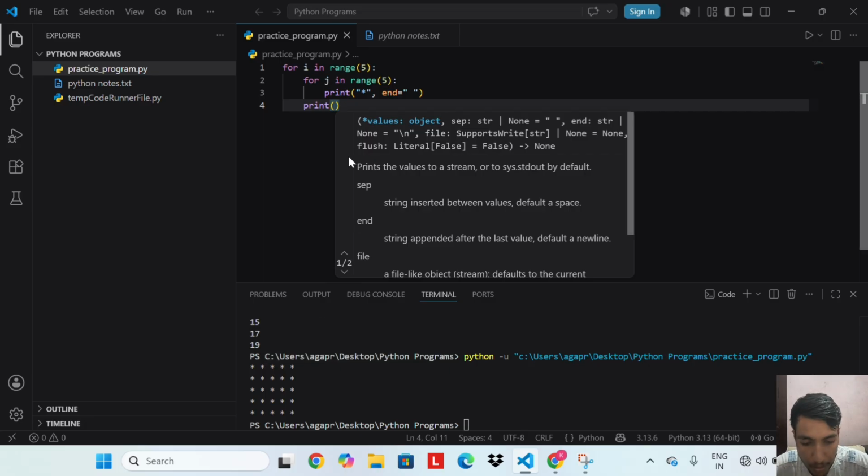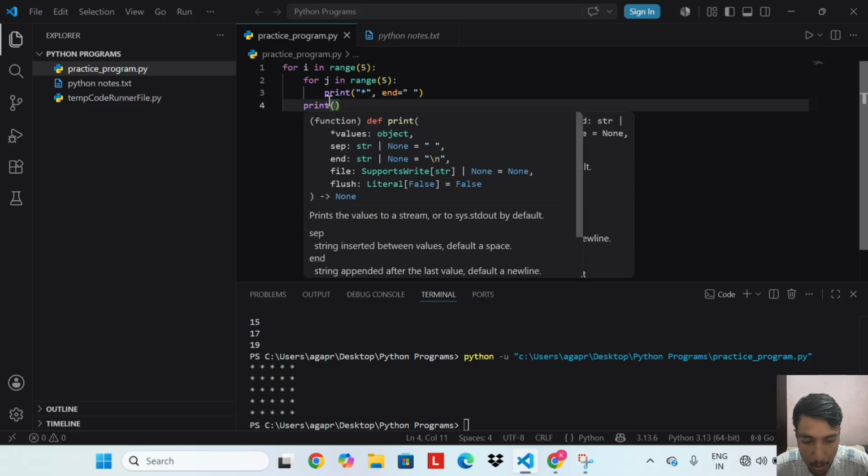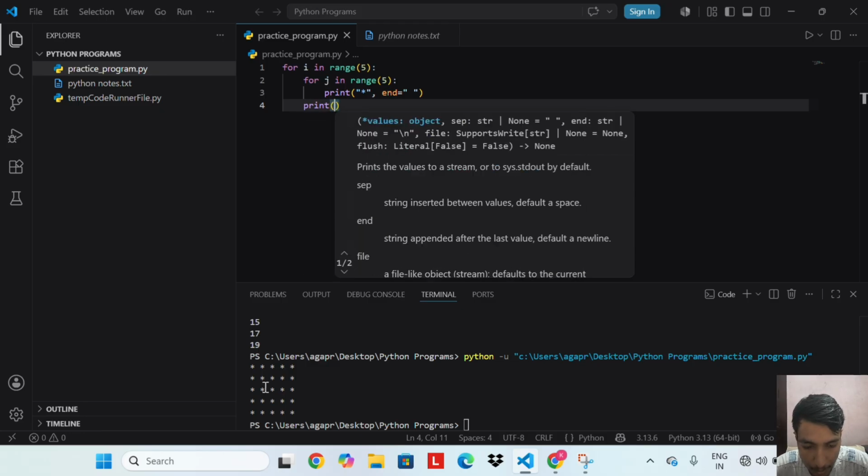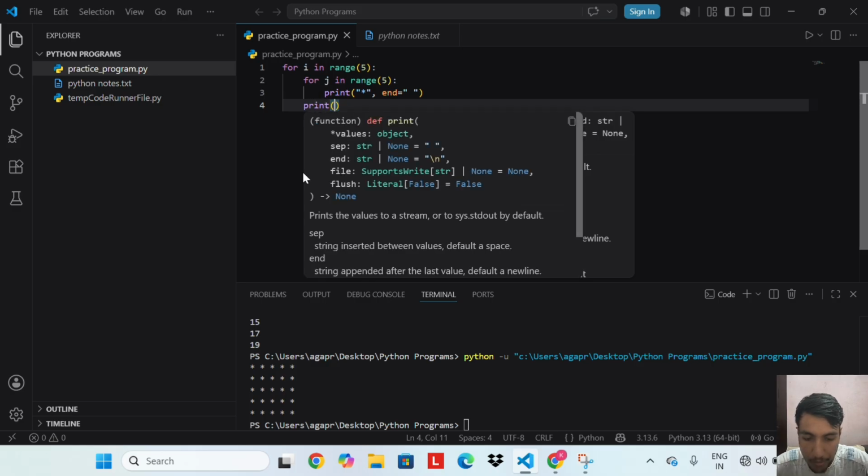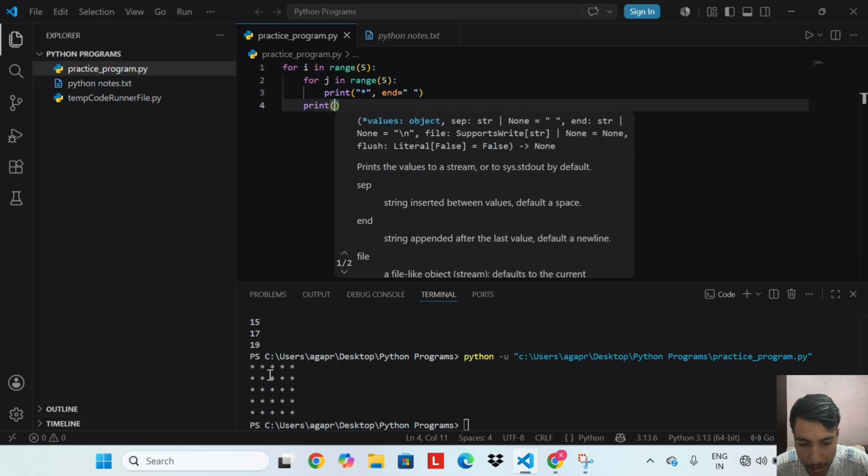After the inner loop finishes 5 stars for that row, print brackets moves to the next line. Then the outer loop starts the next row, which results in 5 rows and 5 stars in each row, a perfect square pattern.